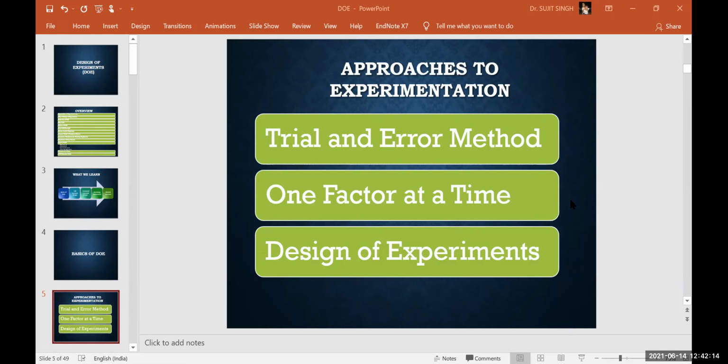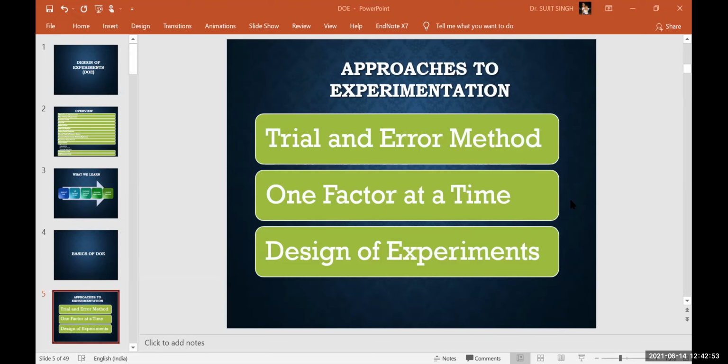depth of cut, type of the tool, material of the tool, geometry of the tool, whether you are going to use the coolant or not. There are so many input factors. And out of that, let's say you choose only one factor, let's say speed. What is the effect of the speed on, let's say your output, the material removal rate? When you change the speed to different values, what effect is that going to produce? That is the individual effect.